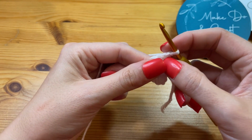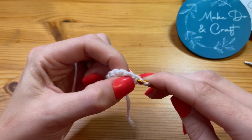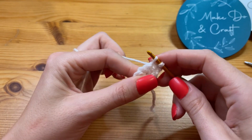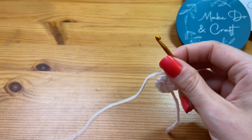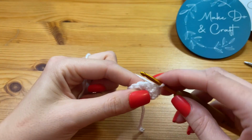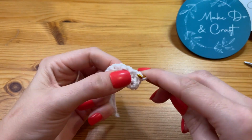So for round 3, we are going to work 1 single crochet into the first 2 stitches. So that's 1 and 2. Then we are going to work 4 increases. So we're going to work an increase into the next 4 stitches. 1, 2,